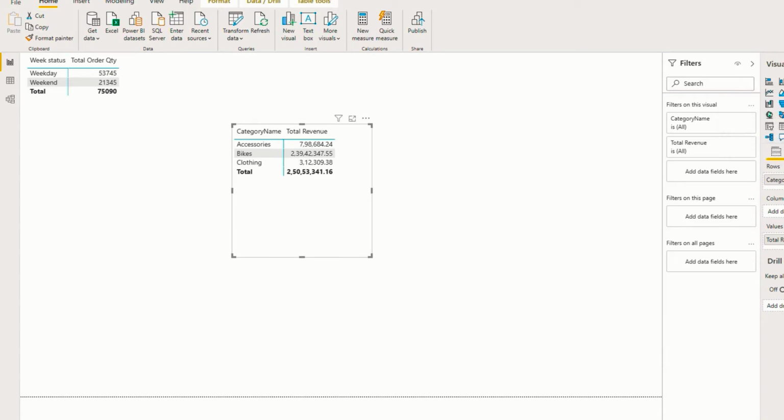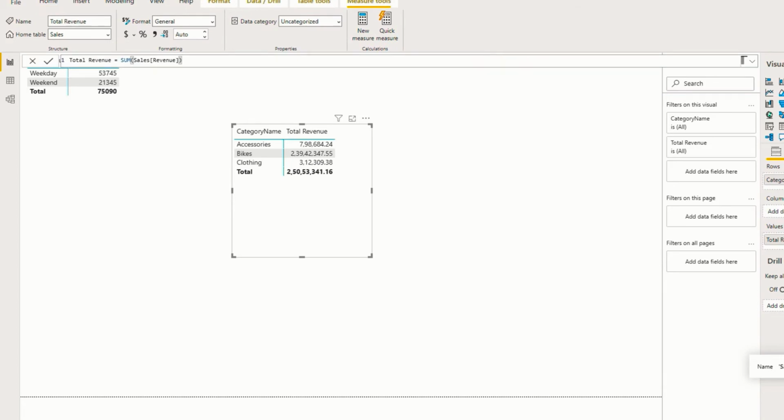Now what I'll do is group all my measures. So until now we have created two measures which are under the sales table. So if you look over here, this is the icon for a measure. So let's move these two measures to All DAX. So click on the measure and here you can see that it shows home table as sales.